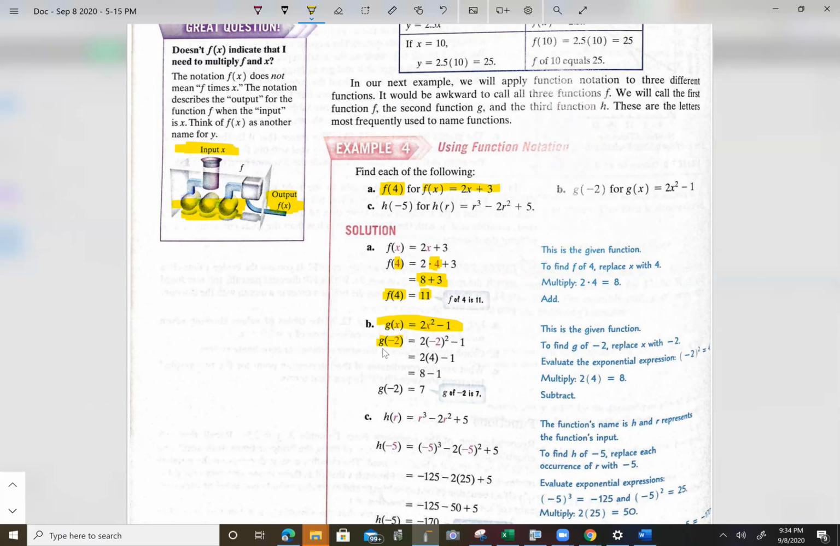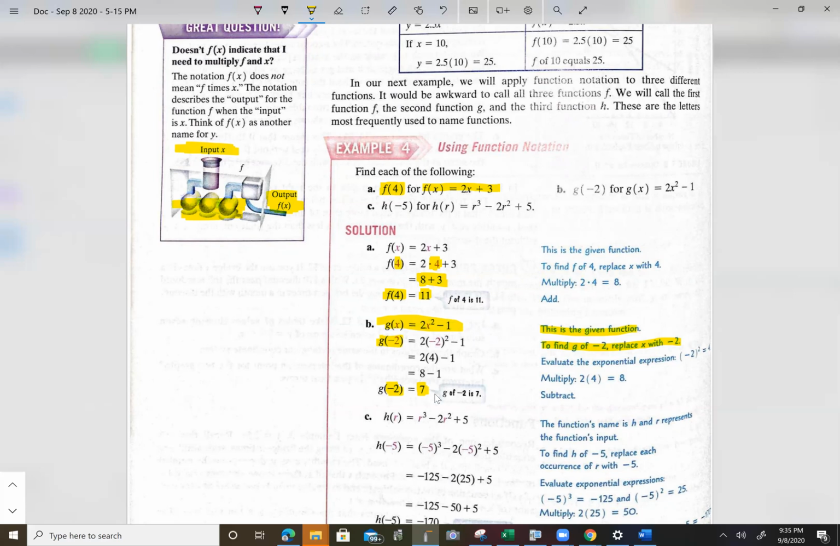And then you do all your function stuff over here, and your output should be 7. If your input is negative 2, if you put negative 2 in for x, your output should be 7. Please read through how they found this on the right-hand side